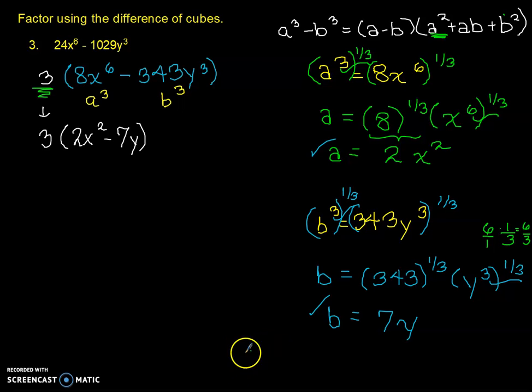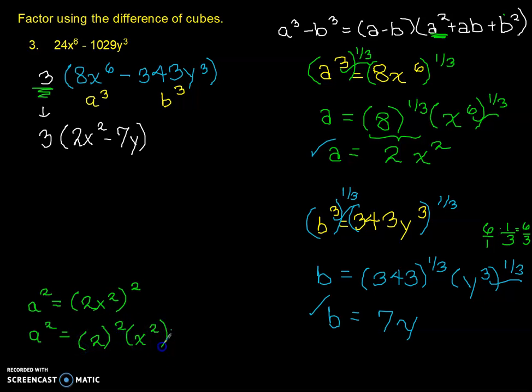So just another sidebar here. A squared means I'm going to square 2x squared. So just like before, make sure you square each one, which means you're going to square the 2 and you're going to square x squared. So a squared equals 2 squared, which is 4. And then remember, power times a power, we multiply, so we get x to the 4th power. So a squared would give us 4x to the 4th power